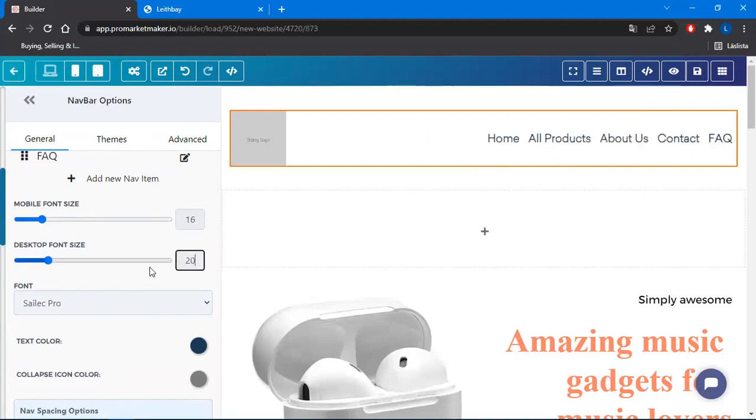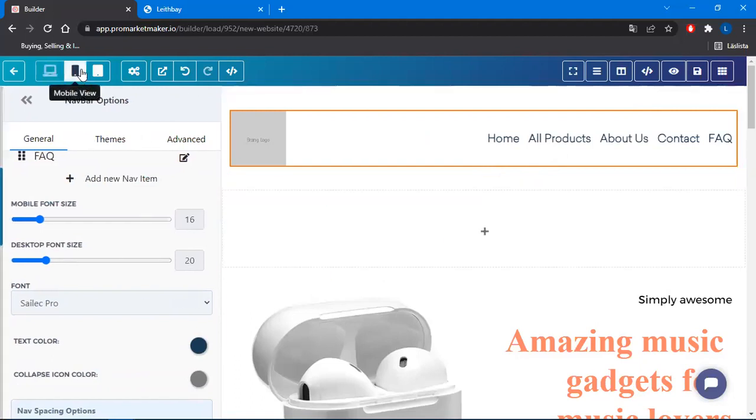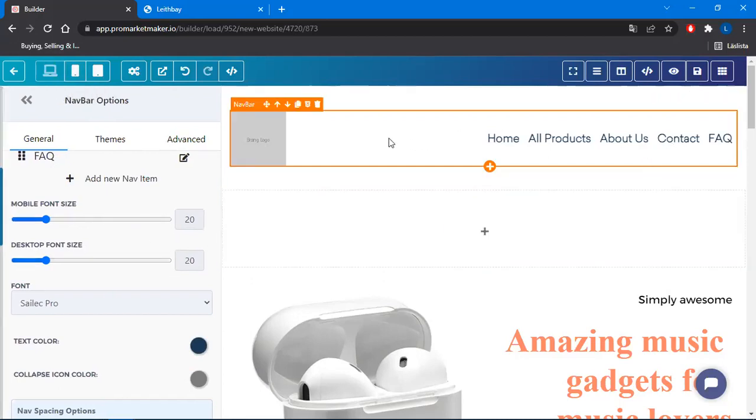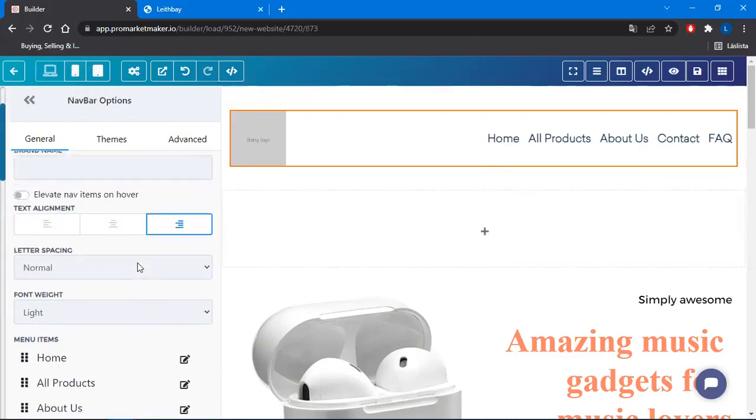Let's say 20. And rule of thumb is whatever I do on the desktop, I do on the mobile, because when we finish, we're going to go to the mobile view and check that that's also good, because remember, most people will look at this website from the mobile view. All right. Now, as goes for design,